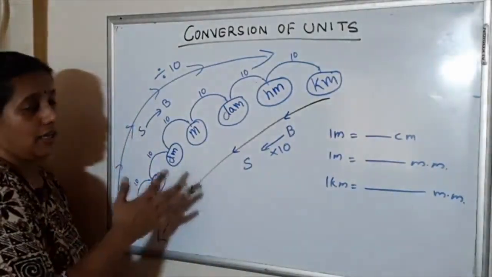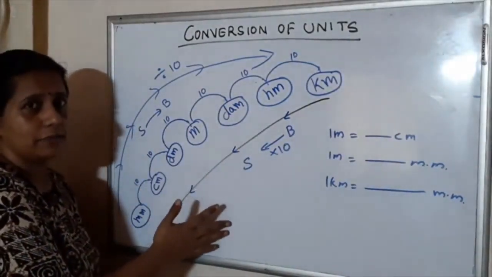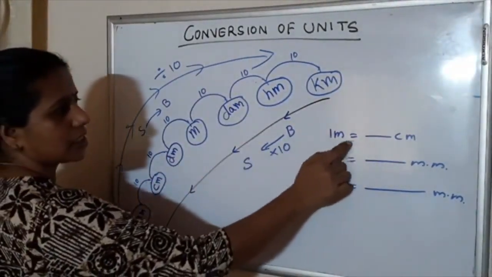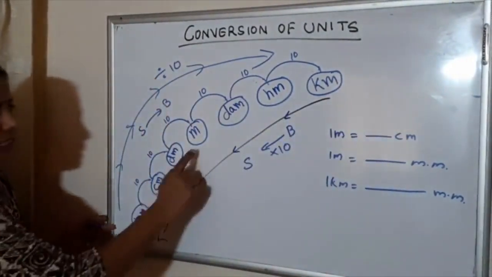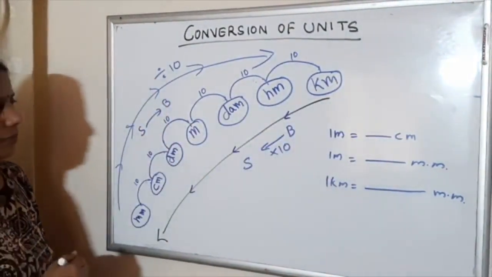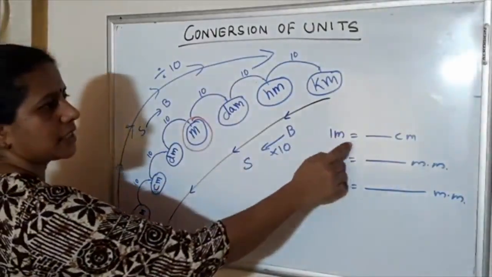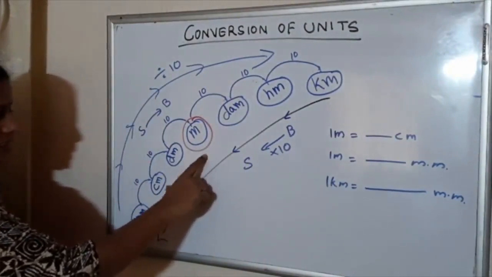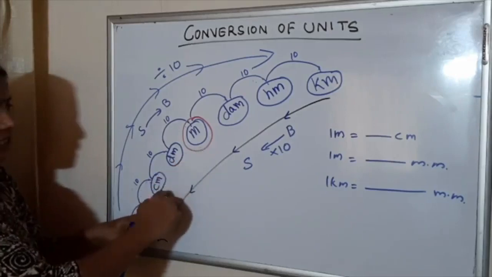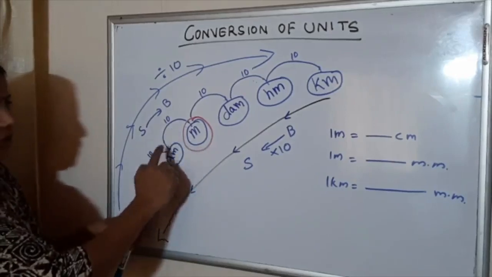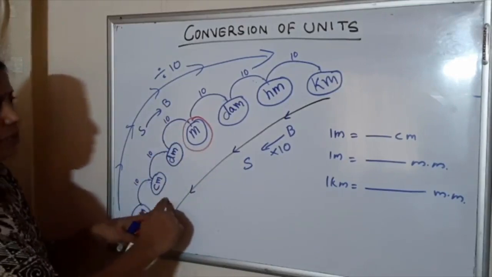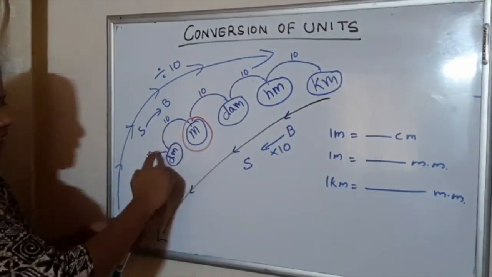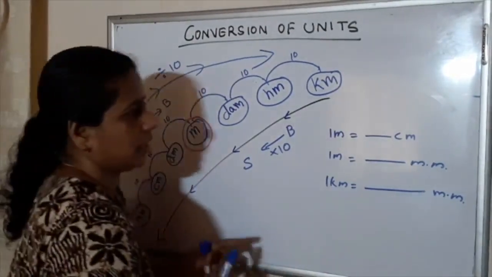Okay, you have already learned this in metric measures 5th standard. So study that again. 1 meter is equal to dash centimeter. Where is meter? Meter is here. Meter is in the middle, no? Then 1 meter is equal to dash centimeter. Meter to centimeter. Meter is the bigger unit than centimeter. Then meter to centimeter we have 10 into 10, 100. Okay, meter is big and centimeter is small. Big to small means multiply. That is 1 meter is equal to 10 into 10, 100 centimeter.